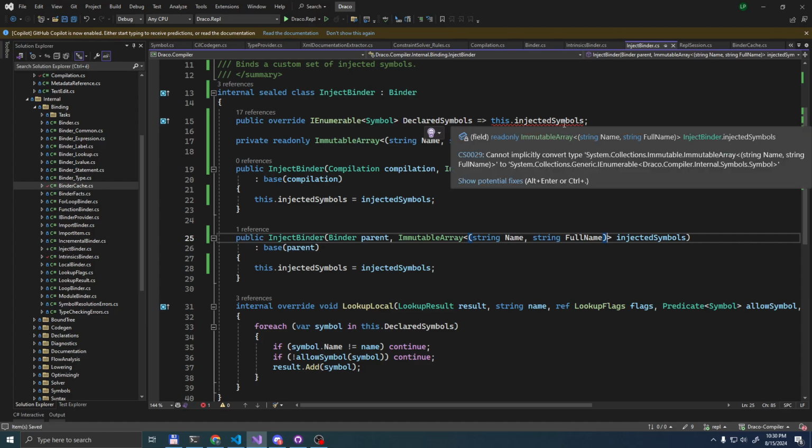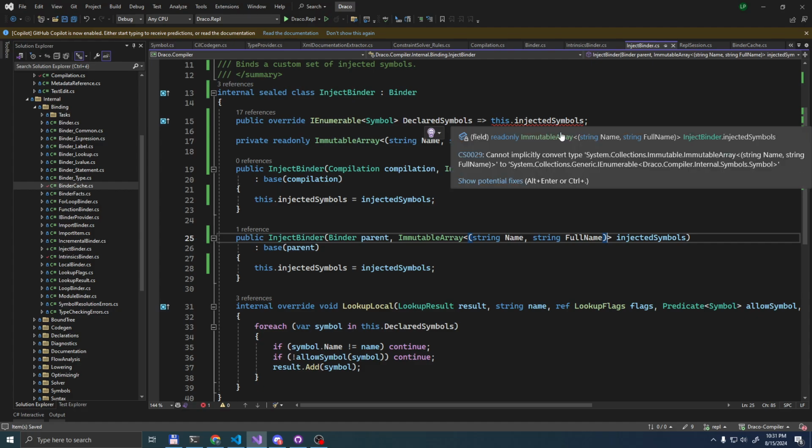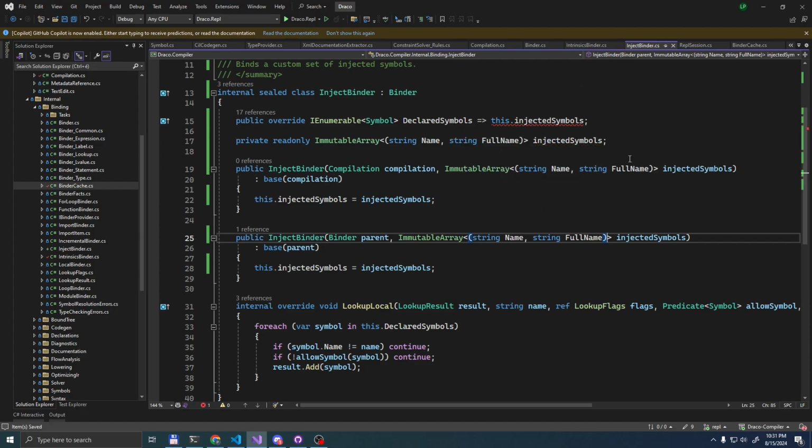So tuples promote what I call primitive absorption. When you don't have proper structured things, you're scared of defining a struct or a class where you properly name things. So I'm really not a fan of tuples. I'm not sure if we want them in Draco. Maybe if we enforce naming the fields, it could be better, but then people will complain that it's annoying to use for simple things like returning a pair of numbers, but I'm not even sure that tuples are good for that.